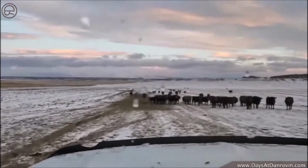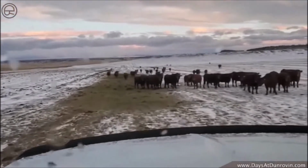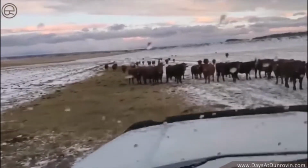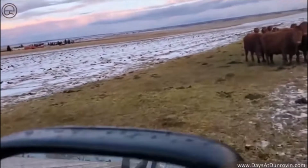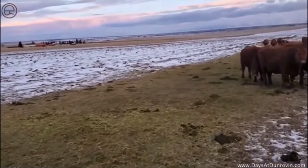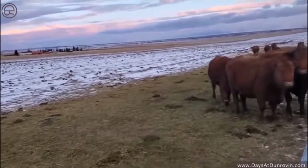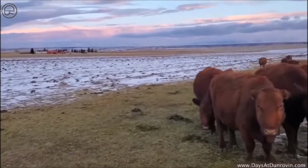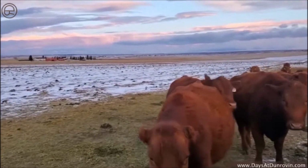Here you can see where I fed out yesterday, and I'm evaluating what I got here. I'll drive to the side of this. They have pretty well cleaned this up, and even though it was cold yesterday morning, it was going to really warm up. That's almost perfect. I would almost like to see them have cleaned up a little bit more, but it's not worth dumping out an entire